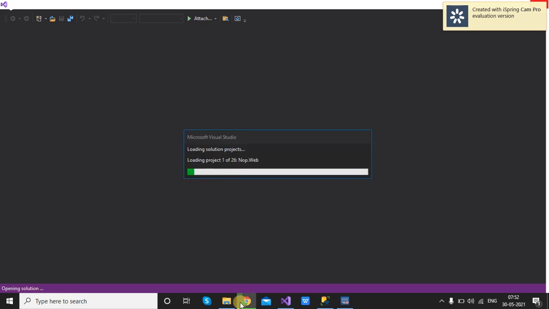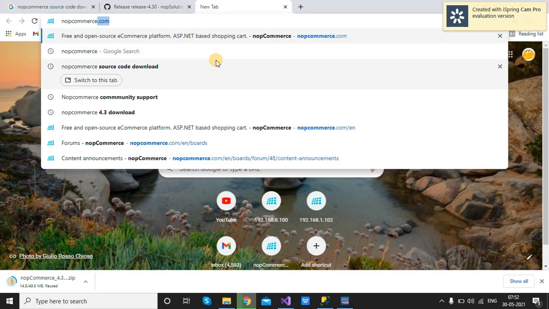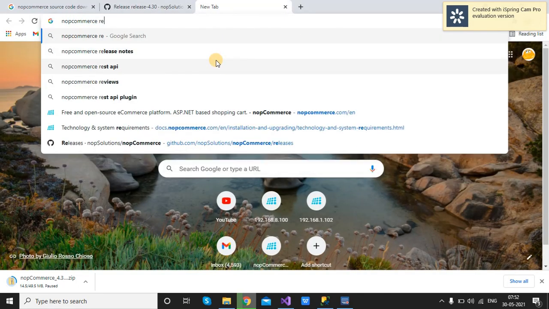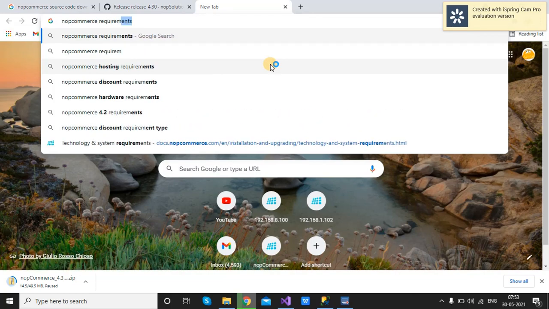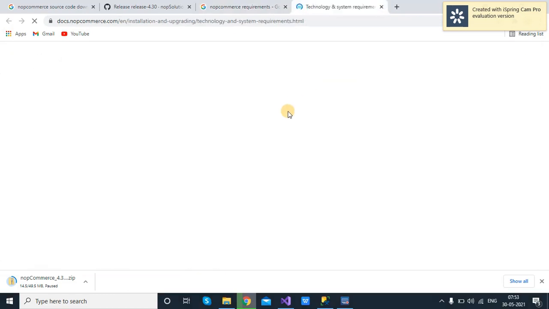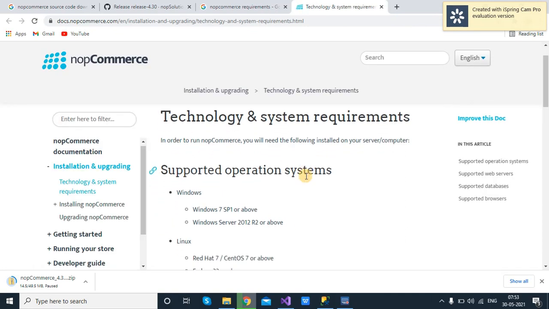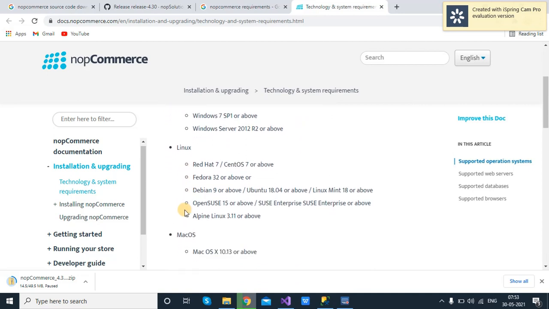You will find the nopCommerce requirements page. Here you will find all the technology and system requirements to start with any nopCommerce version. The basic requirements are Windows, Linux or Mac OS.